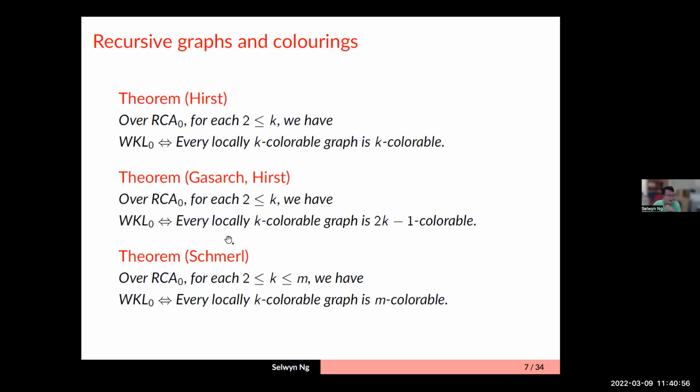And in that work they asked if you could detach the dependence of k from this parameter here. Namely, what about the statement that every locally k-colorable graph is m-colorable, where k and m are not dependent on each other? And this was shown by Schmo, using a pretty elaborate coding, to also be equivalent to the Weak-Koenig's lemma. Okay, so that's what we know so far about